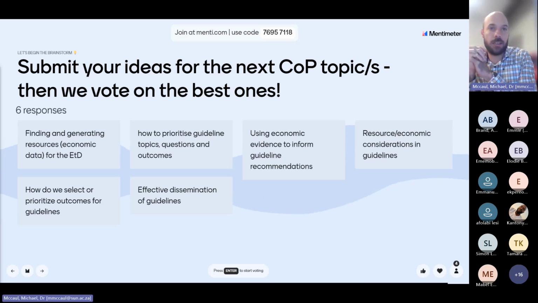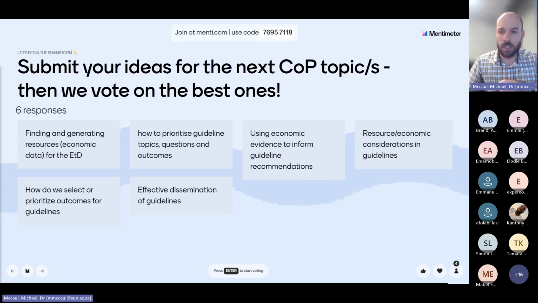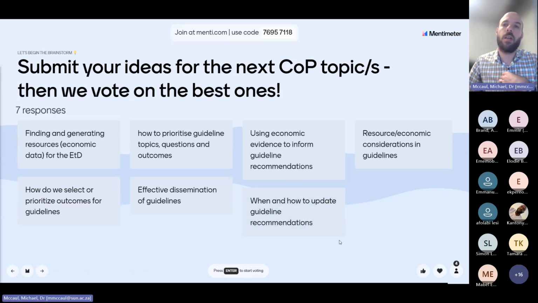Effective dissemination of guidelines. That's also very exciting. So you're welcome to use the app, but also put in the chat if you've got any suggestions. When and how to update guideline recommendations. I can't be biased. I like that one. That and the prioritizing